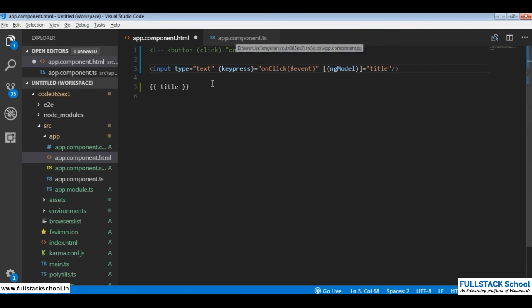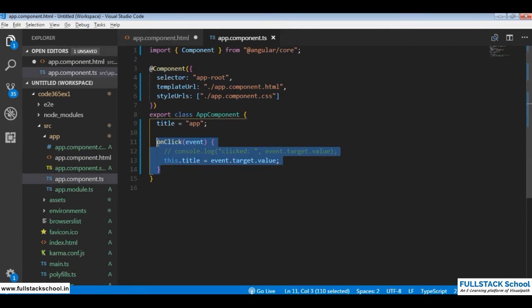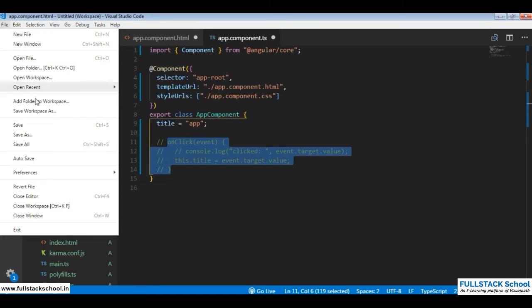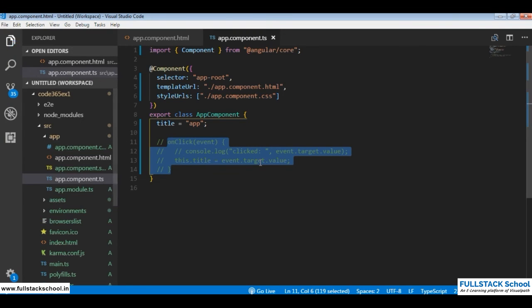Now I don't need any of this. I'll simply remove it, and I'll comment this out because I don't need any of these, and I'll save it, but I'll end up with an error.